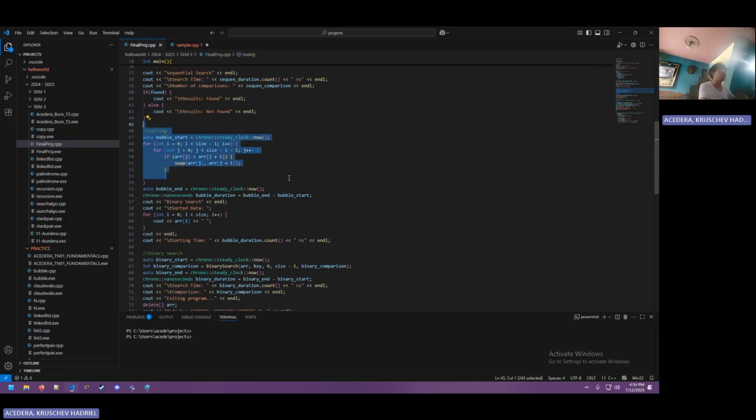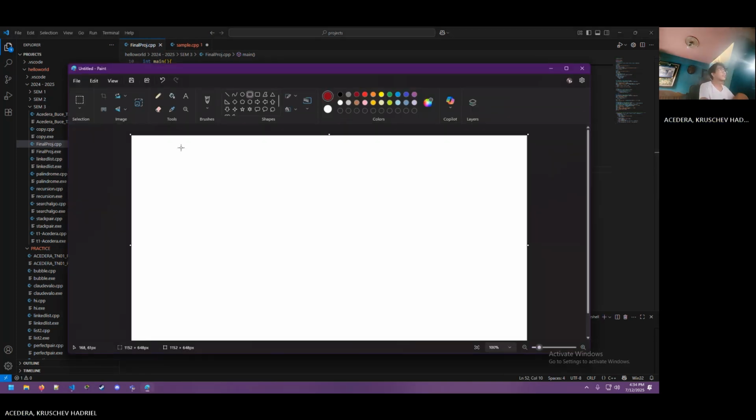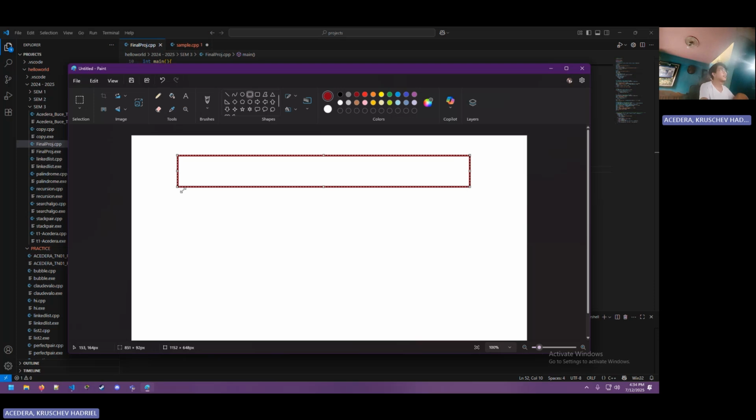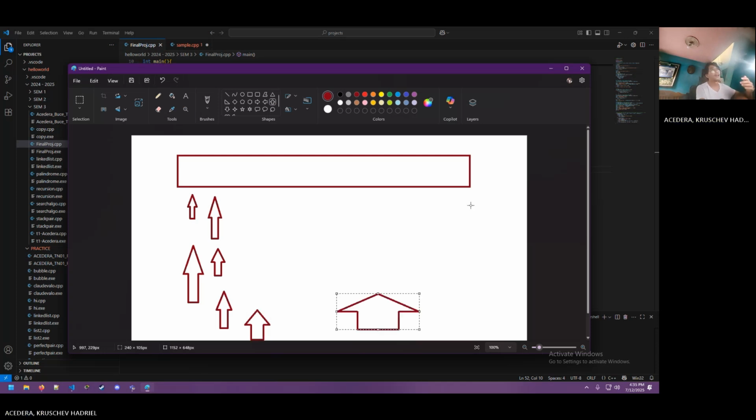So for bubble sort, all you need to do is, you have an array. You just need to check if the first index is greater than or less than the next index. Say you were trying to sort in ascending manner. If this is greater than the next, then simply they will swap places. So now the big one is here, and so on and so forth. And then you repeat that until your array is completely sorted.